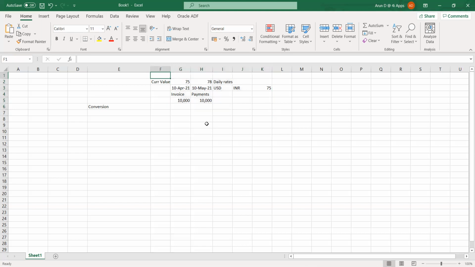Okay. So, to put it in basic terms, conversion is nothing but the difference between the actual transaction. So this we can say the invoice that we are trying to make, or the journal entry that we are trying to make, is conversion. On this particular date, what is the rate? That is what we are calling conversion. So today, if you see, it is 75 rupees. So this is my conversion.